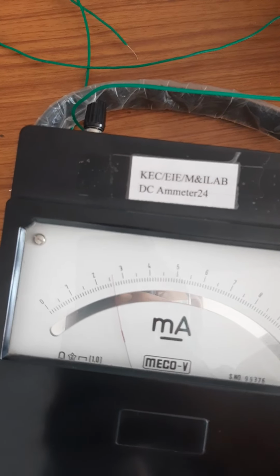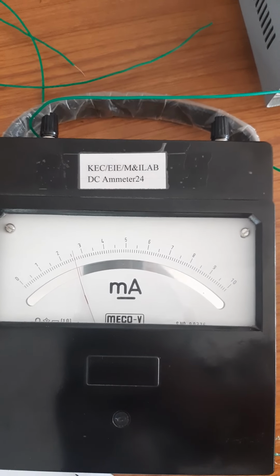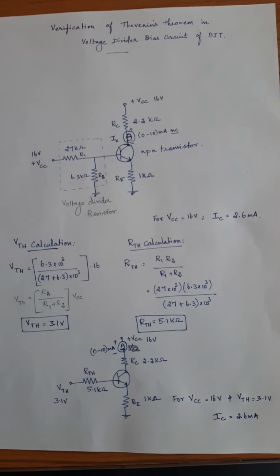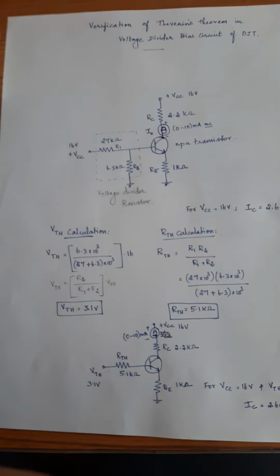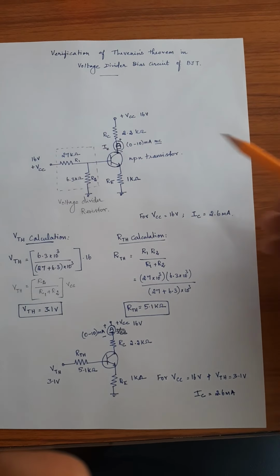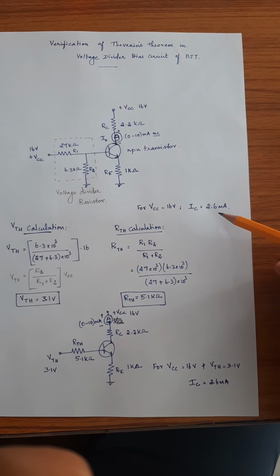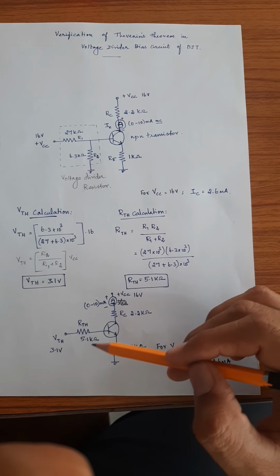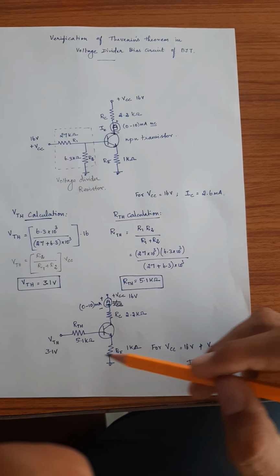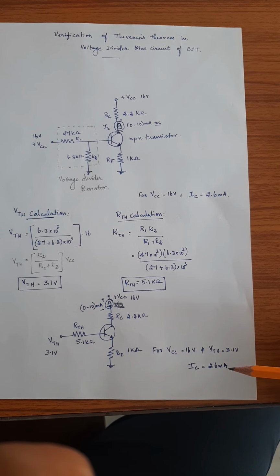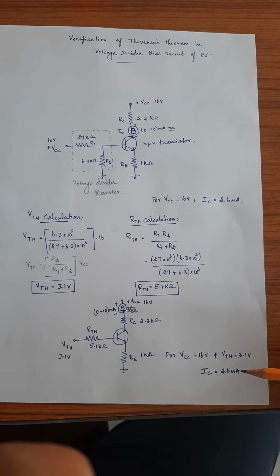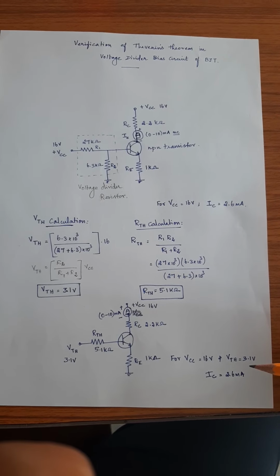By giving that, if you take a look at the collector current, you could see 2.6 milliamps. Look at both cases. Without applying Thevenin's theorem, I am getting the collector current as 2.6, and after applying Thevenin's theorem, which means I have converted it into the equivalent Thevenin circuit, I could see that my collector current is still 2.6 milliamps, which is equal in both cases. Therefore I can say Thevenin's theorem is verified. Hence the proof.